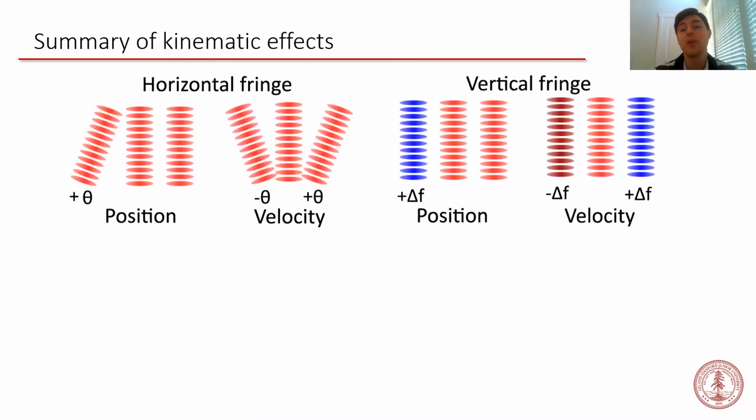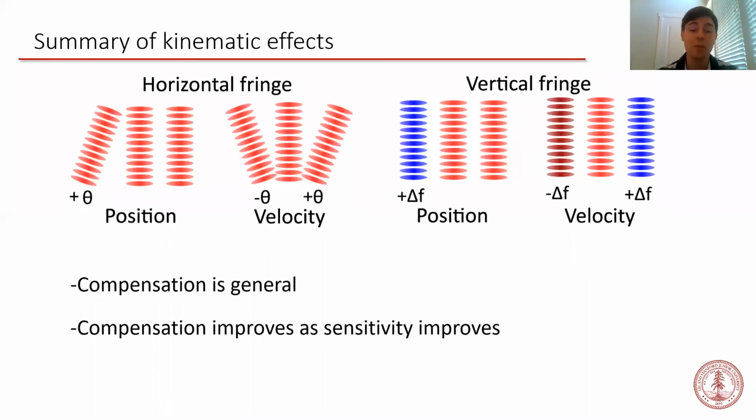So to summarize, we are able to suppress phase shifts associated with offsets in all 6 kinematic degrees of freedom by changing the pulse angles and frequencies. These compensation methods are totally general, which means that actually we don't even need to know the physical sources of the phase gradients in order to suppress them. In principle, the compensation can be done arbitrarily well, and the resolution naturally improves as the sensitivity of the experiment improves. So as a result, linear kinematic effects, which were long expected to limit the accuracy of atom-interferometric EP tests, are not the leading systematic errors in our experiment.